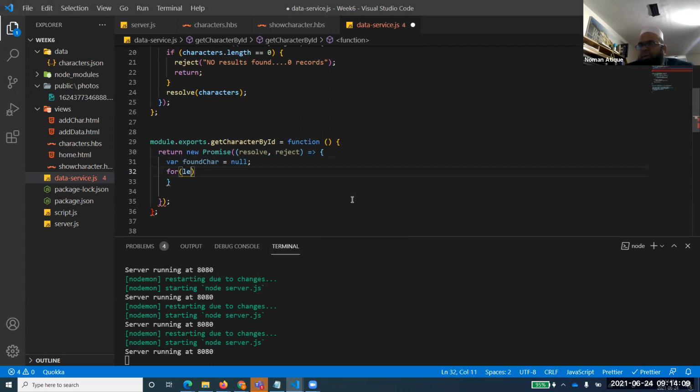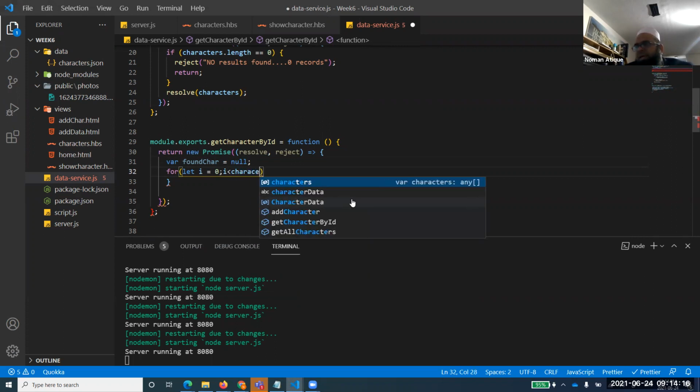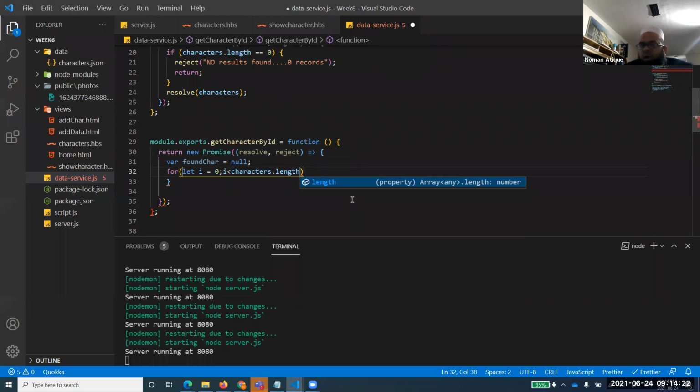So for let i equal to 0, i less than characters.length. What is this characters? Of course, the main global array that has been maintained for keeping up the values. So for let i is equal to 0, i less than characters.length, and i plus 1.